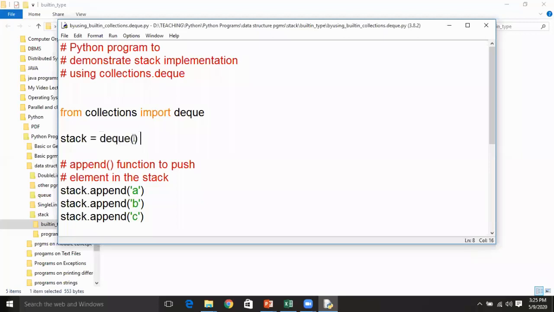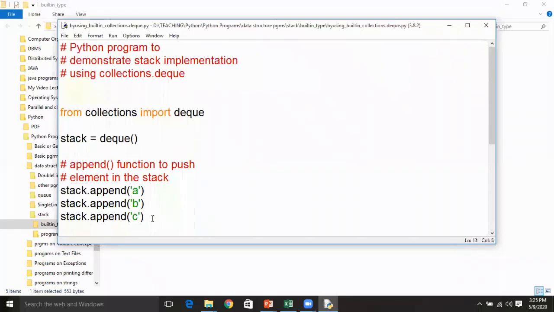You are not passing any parameters, only a reference variable is created, and internally a list-like environment is created with an empty list. Now if you call the append method, which is a predefined method in deque as well, like a normal list, whatever parameter you pass to append will be included in the list, which we are identifying in the form of a stack here.